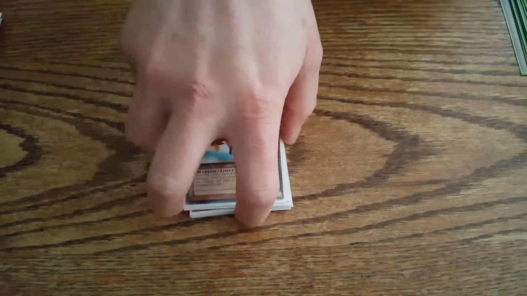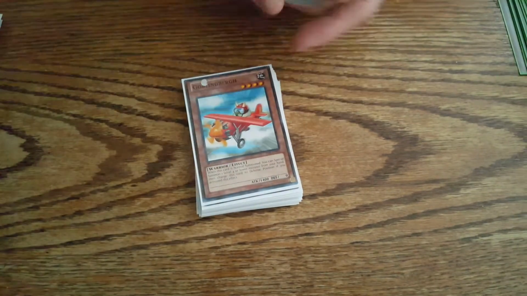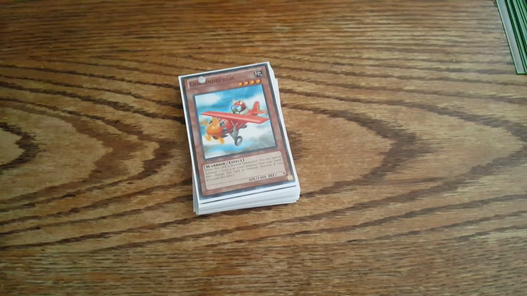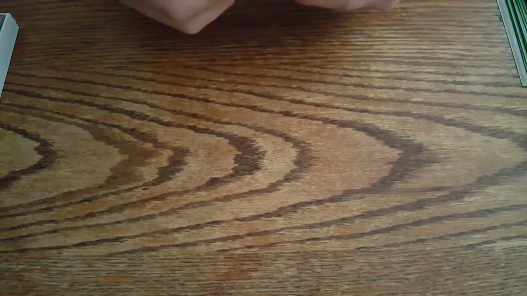And then last of the special summoning, Goblinberg, 2 of them. Again, much like Red Resonator, when he's normal summoned, you can special summon a level 4 or lower monster from your hand. And with all the special summoning we do, most of the time we try to focus on Jinzo